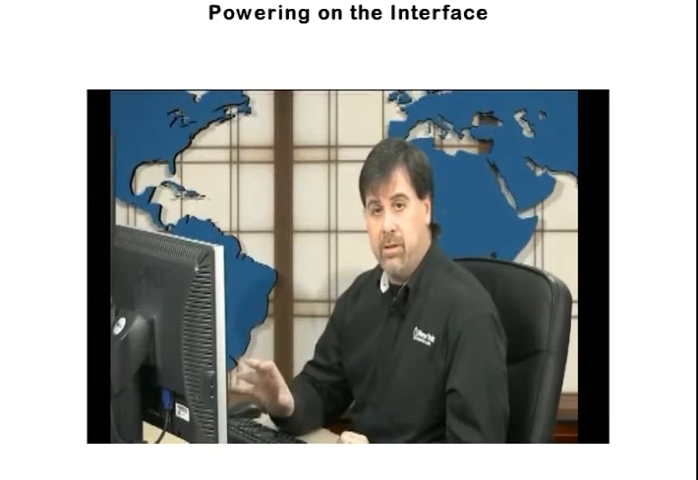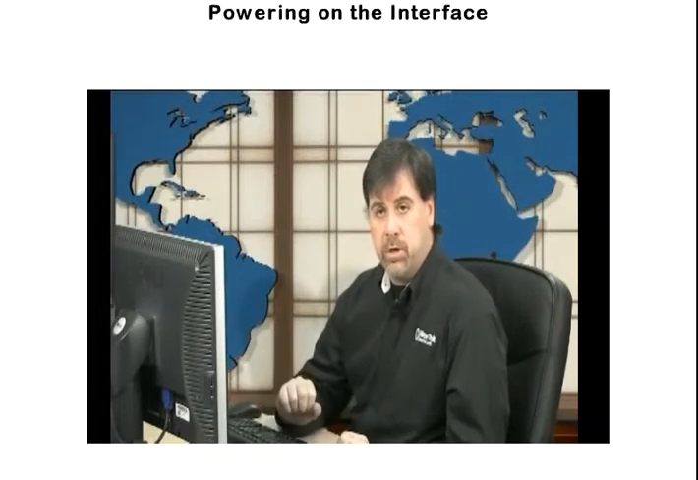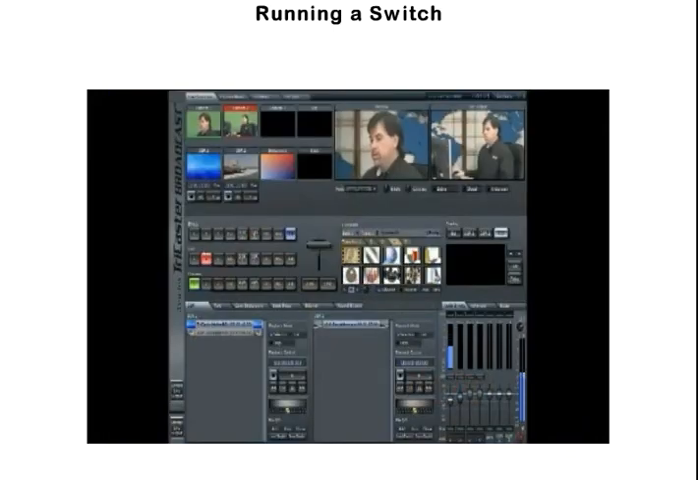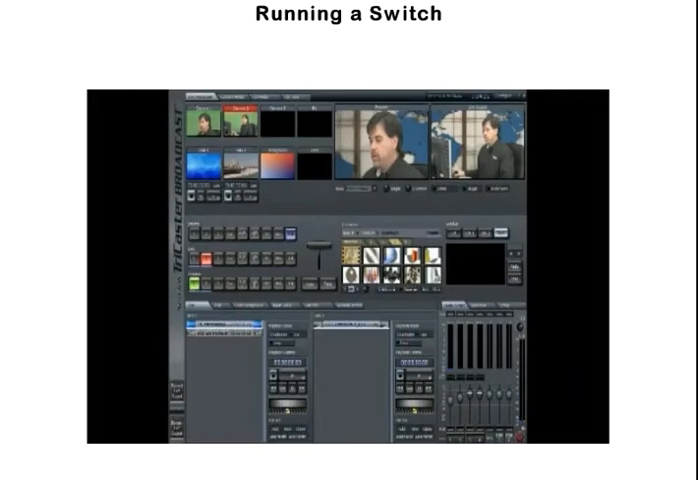Now let's go ahead and take a look at actually doing a switch with the TriCaster. So when we're doing a switch with the TriCaster, we have our live bus. We punch things up on the live bus to send them out live. We can select what we want to go live on our preview bus, select a transition, hit the space bar